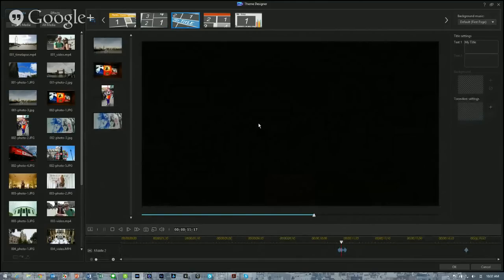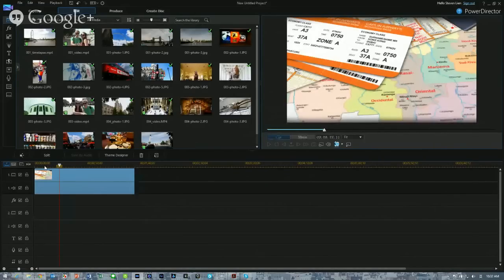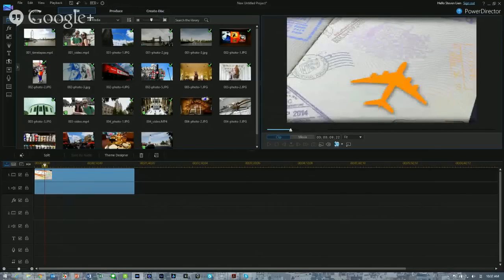So there's actually a lot of customization you can play with to ensure that it will come up with the result exactly how you wanted it. So if you're happy with that, you can click OK, and then all the settings you have applied will be kept. And then you can check out preview here. And if you're happy, you can go ahead and produce it or create a disk. So basically, that's the more advanced way to do a photo plus video slideshow,